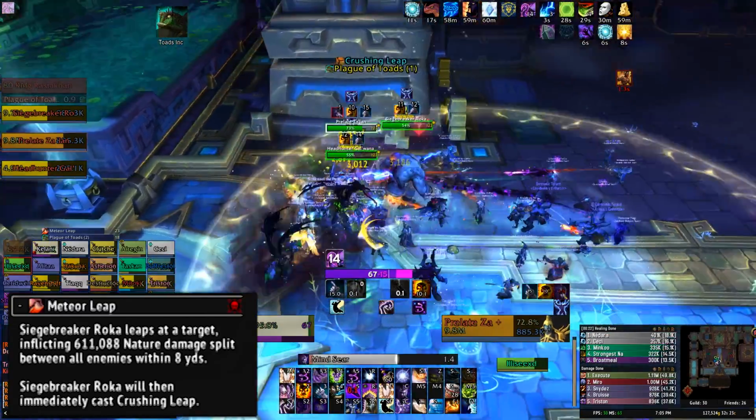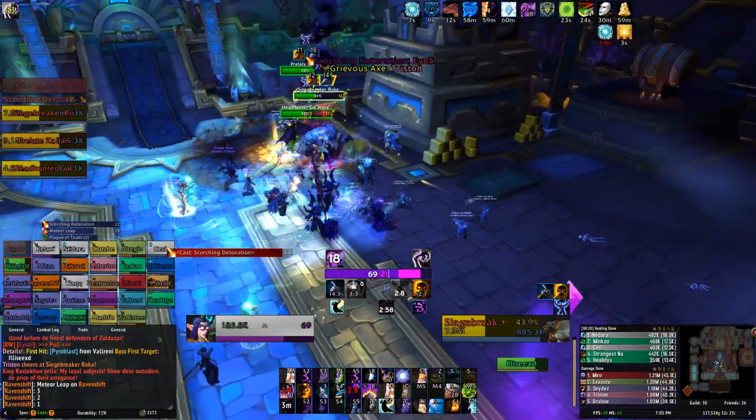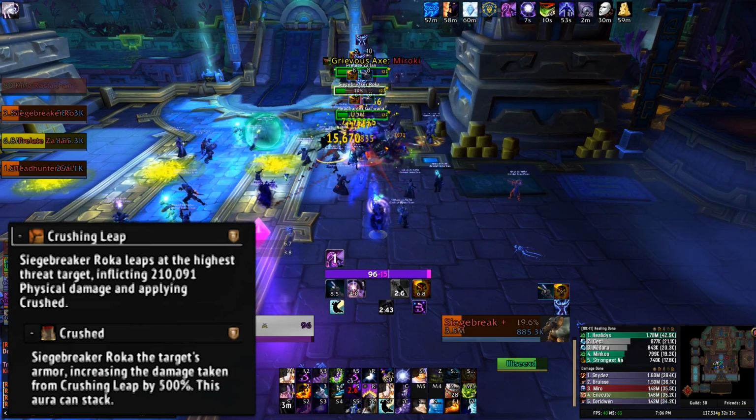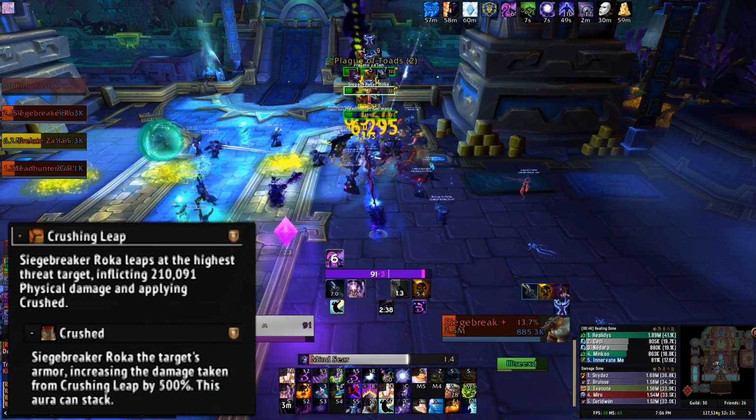That damage has to be shared with your raid, so everyone should stack up in melee to make sure no one dies. He also has Crushing Leap, where he jumps to the current tank and applies a damage increase debuff. You're supposed to swap tanks for this, but they should also just be able to handle at least 2 stacks